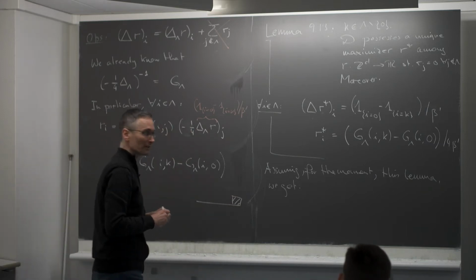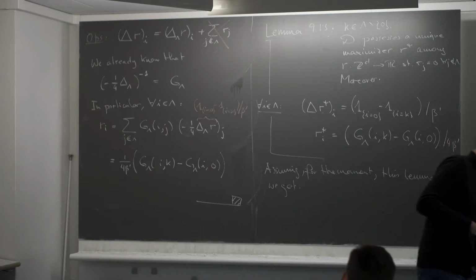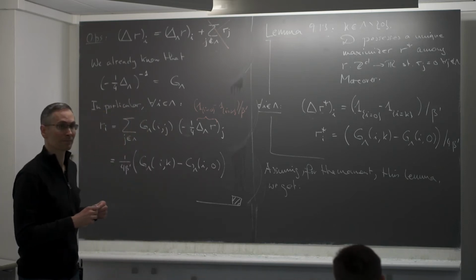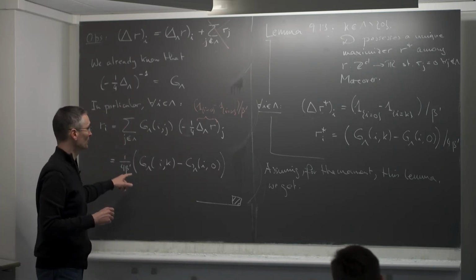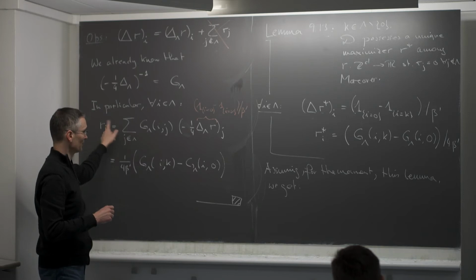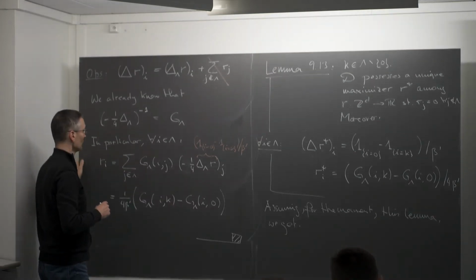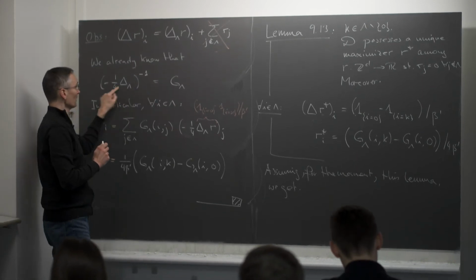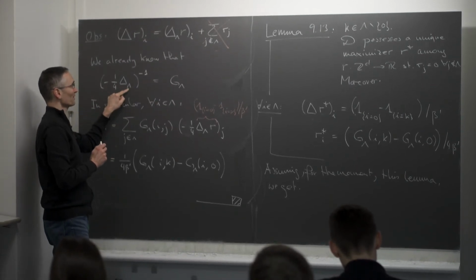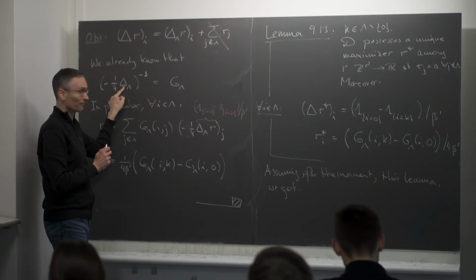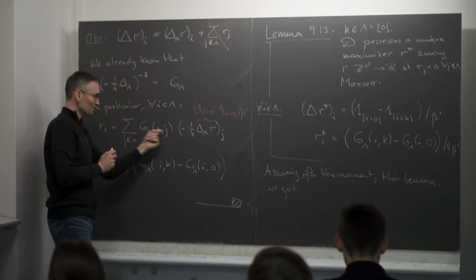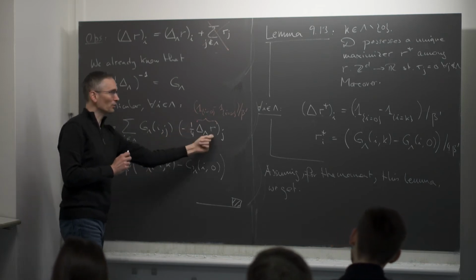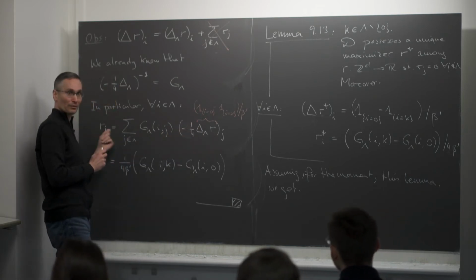Further question about this proof? It's very similar to what we did. Yes? Can you explain again how you get the expression for Ri? This part? Yes. I'm using the fact that g lambda and minus 1/4 Laplacian inside lambda are inverse of each other. So this matrix times this matrix is just the identity. If I apply the identity on R, I just get R. So that's the first line.